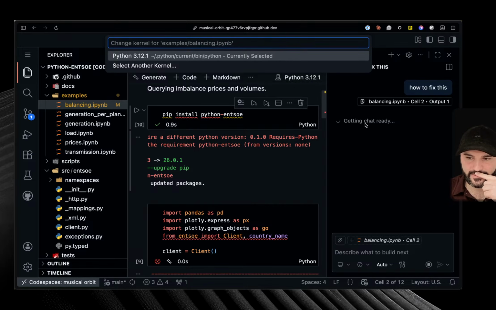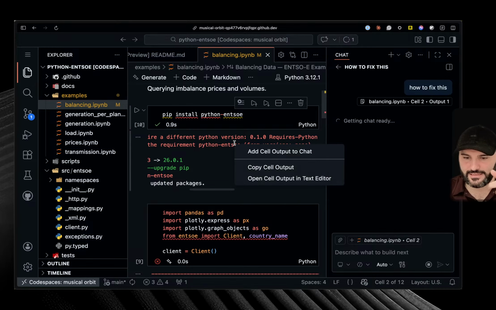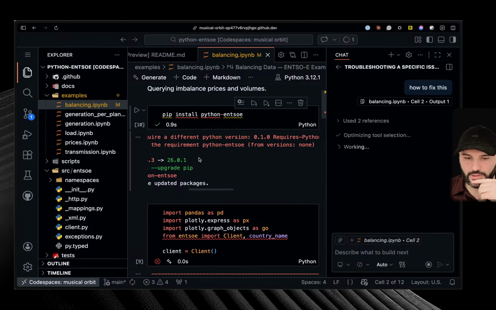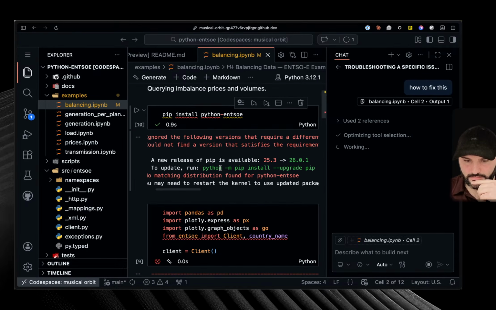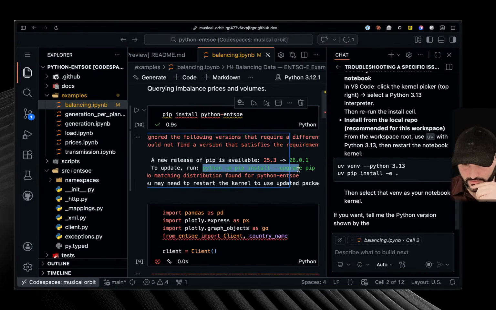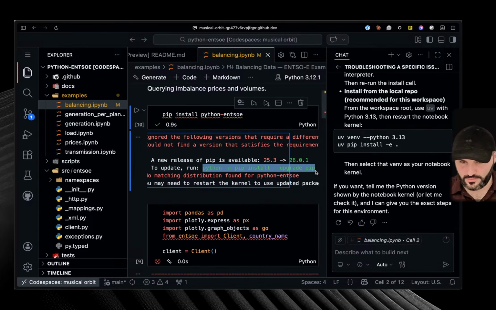So that's why I'm getting this error. And now I have just asked the chat of VS Code on how to fix it. They will tell me how to upgrade Python, which I mean they already tell me here. So I can do